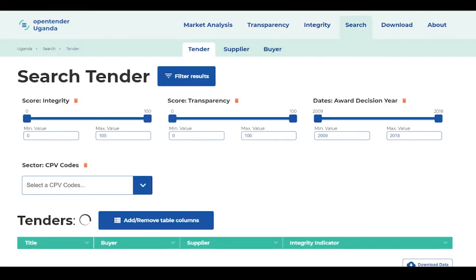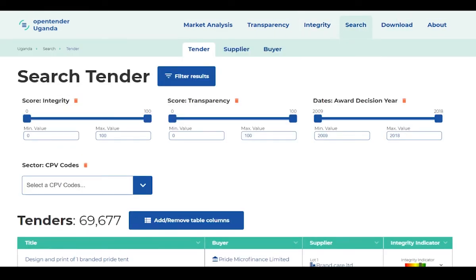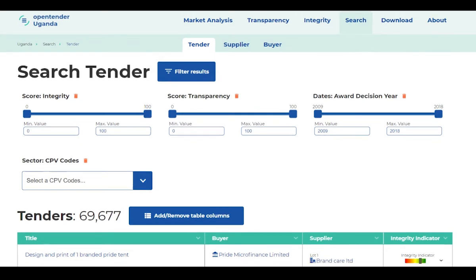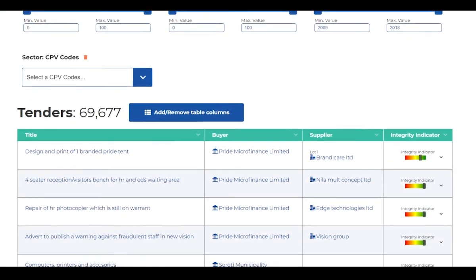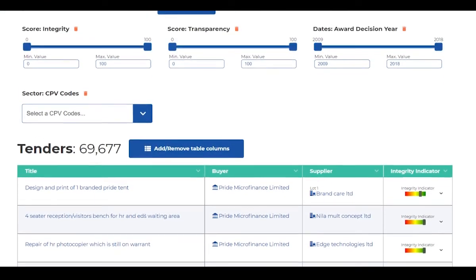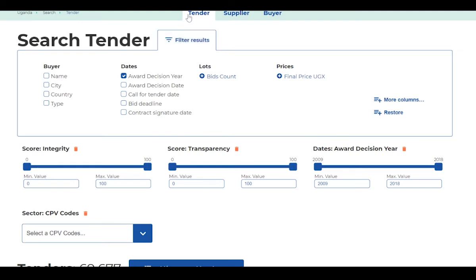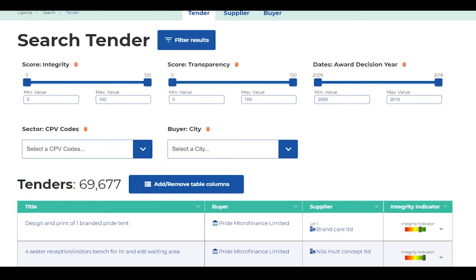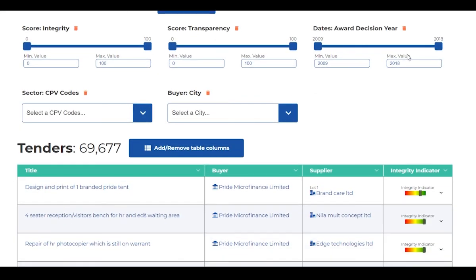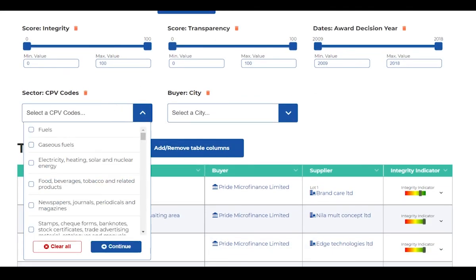Finally, let's look at the search function. You can use this function to look for certain tenders based on any dimension. So if you're interested in a particular region, a particular time period, or even a particular tender, then this is the place to start. For example, if you're interested in construction tenders that are let through an open procedure type,